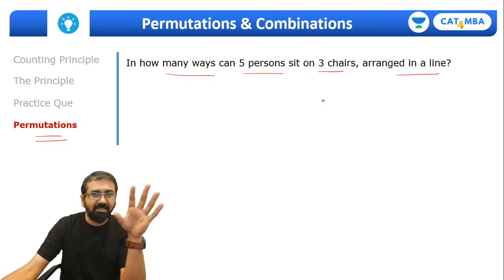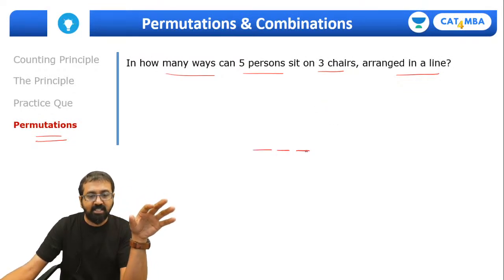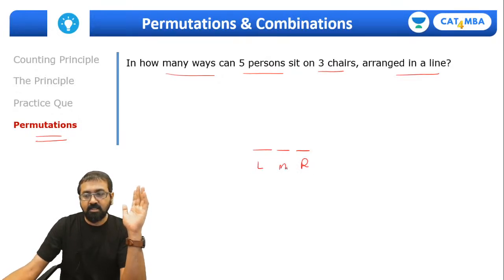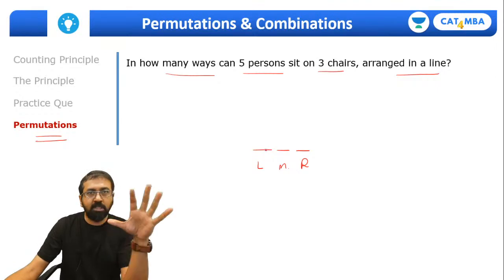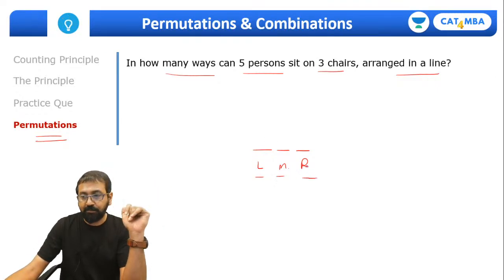Right now guys, please understand one thing. The chairs, whether they are same or different, when you put 3 chairs like this, all chairs will be different. This will be called the leftmost chair, this will be called the rightmost chair, and this is the middle chair, right? Okay, fine. So even if all of them are of the same color, same brand, same size, still based on the positions, they are different, right?